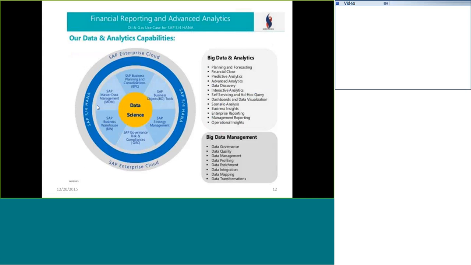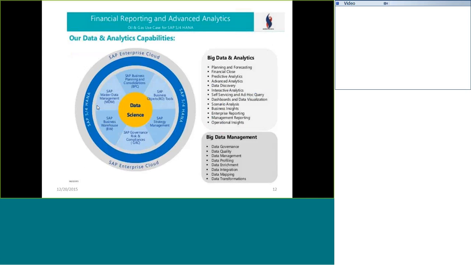From the big data analysis point of view, we are analyzing planning and forecasting, financial flows, predictive analysis, advanced analysis, data discovery, interactive analysis, self-servicing and ad hoc queries, dashboard and data visualization, scenario analysis, business insights, enterprise reporting, management reporting,